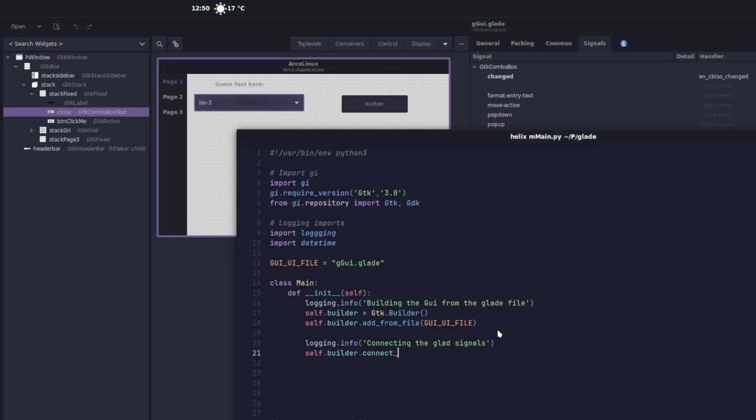Connect underscore signals, and then we're going to go self. The next one we're going to do is logging info, create the main window. So we can give this any name you want. We'll just call it window for now. That equals